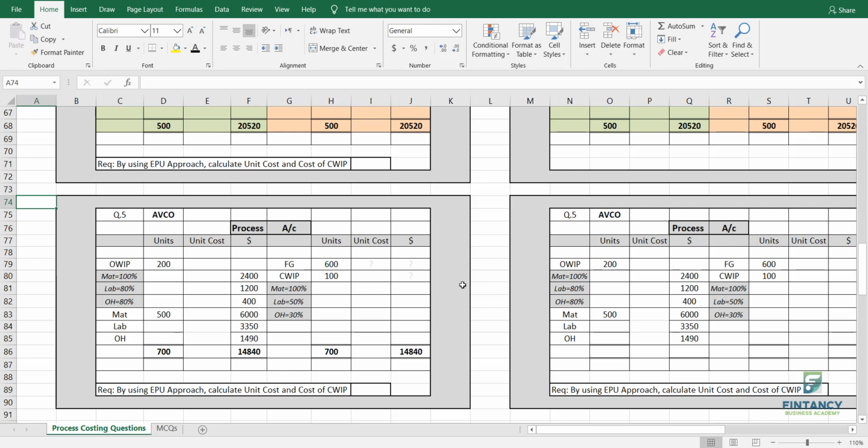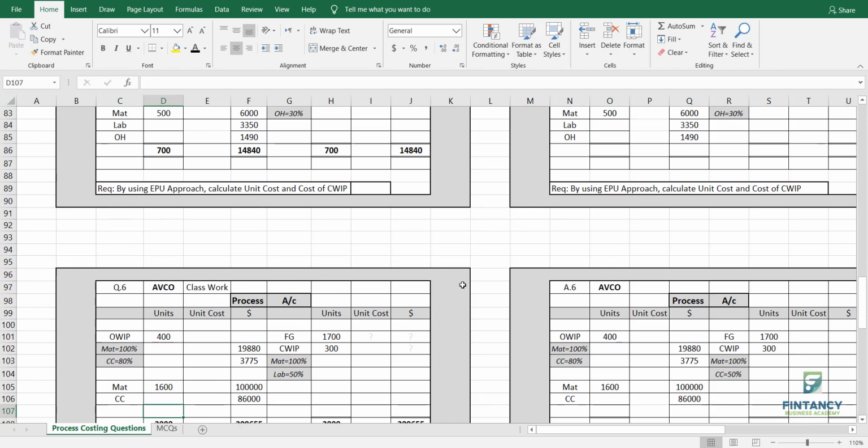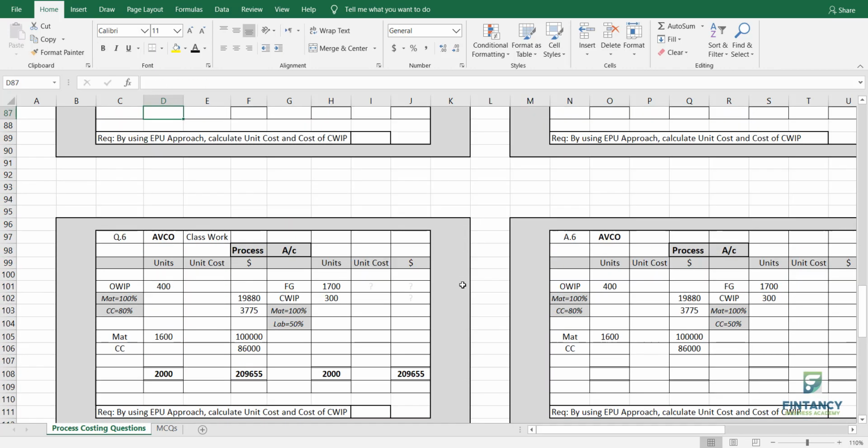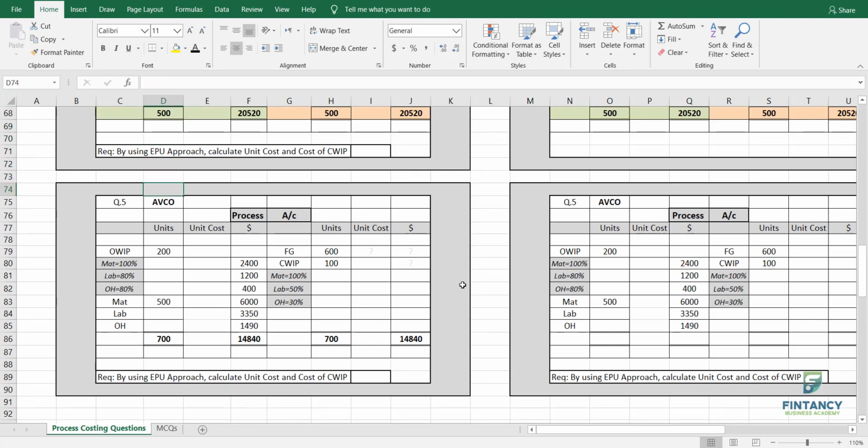How many types of methods are there? Two. The first method is called weighted average method. In short, I have written it for you as AVCO. So weighted average method. Okay. The second method is called first in first out method, which is coming in the 7th question below. See, first in first out. And this is the completion of your process costing if you know how to tackle both of these methods, and